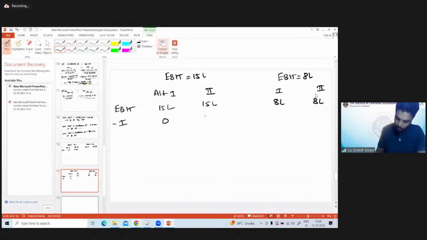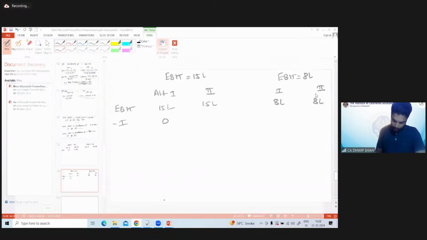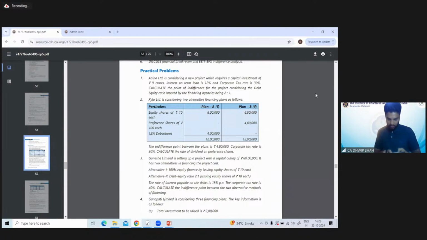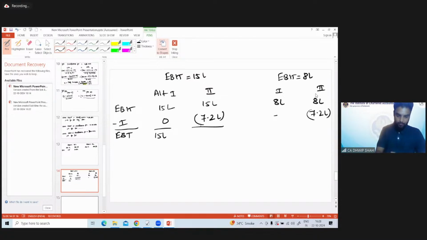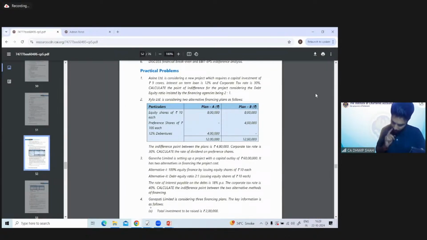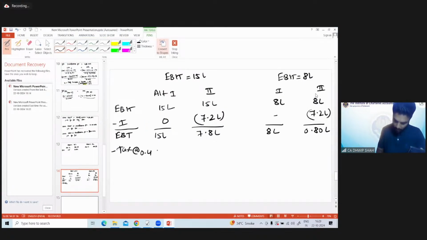Less interest: alternative 1, 0, and alternative 2, 18% of 30 lakh, 720, that is 7.2 lakh. EBT is 15 and 15 minus 7.2 is 7.8, and 8 minus 7.2 is 0.8 lakh. Correct? Less tax at 40%. So EAT